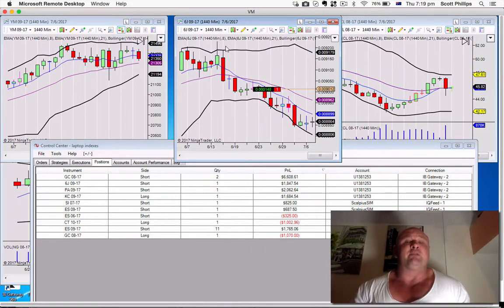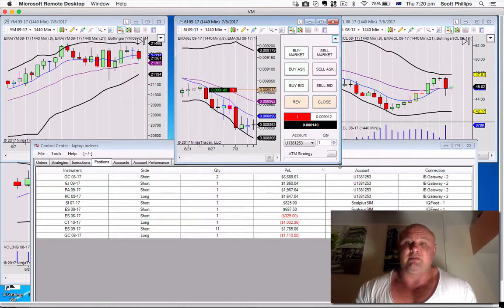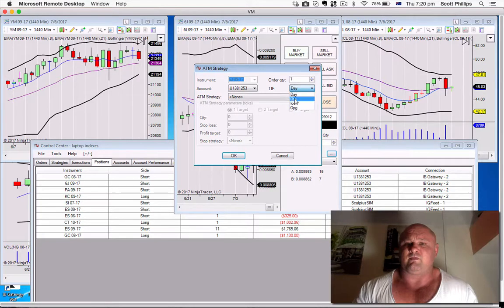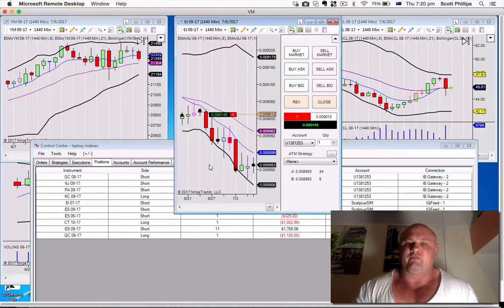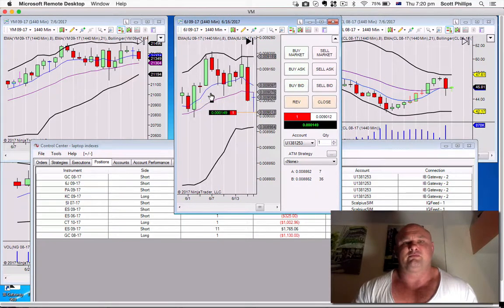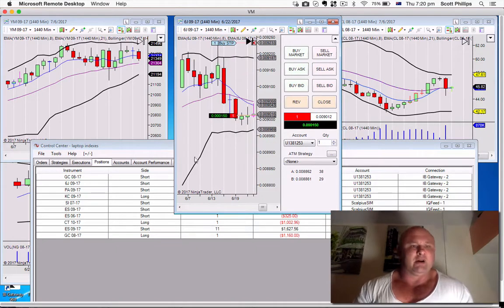So to me, the worst possible thing that can happen in my trading isn't 10 losing trades in a row. It's me making a mistake, and a mistake is not having a stop on. Okay. Let me just add the stop. It's kind of slow because I'm running it through this virtual machine on a mobile phone connection now. Just make sure the stop is good to cancel. And I'll place my stop there, buy stop. Order pending. Okay. Next trade,